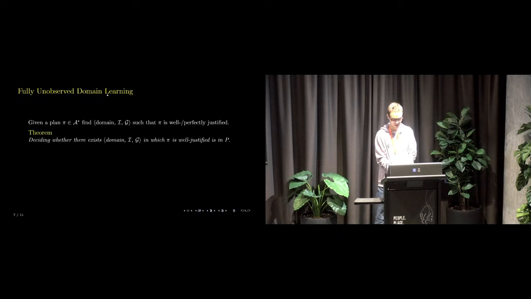And then we prove it's in P for well justification, and it's in co-NP for perfect justification. It makes sense that it becomes a bit harder because perfect justification is about sets of actions and not about single actions. We also believe that this is tight,